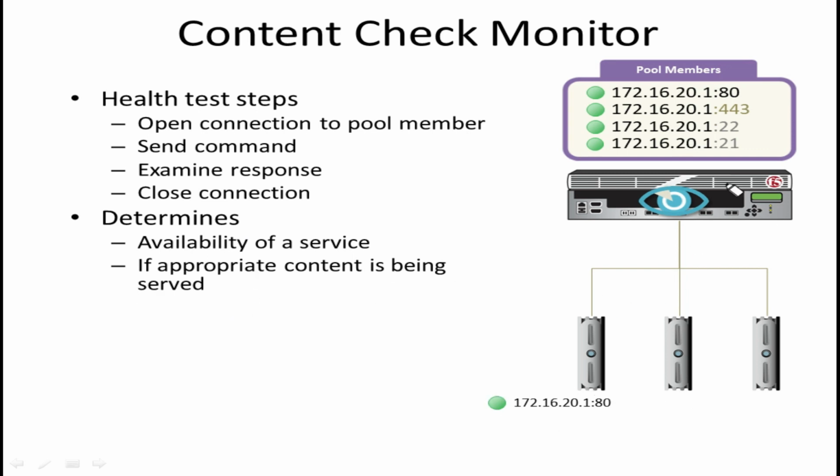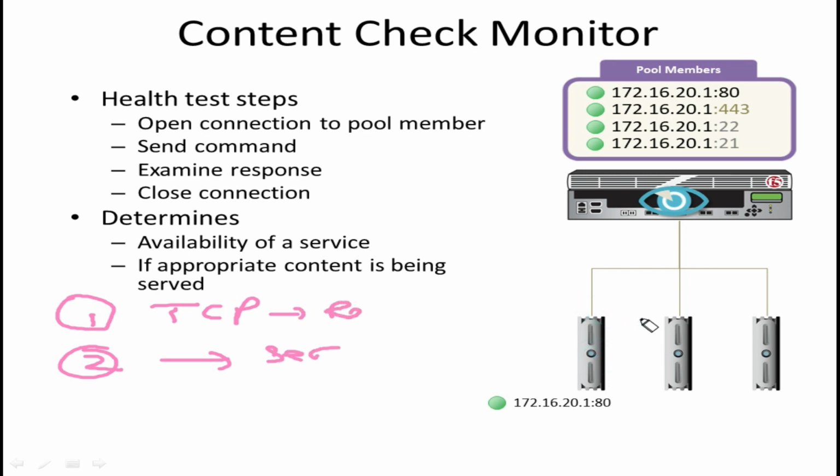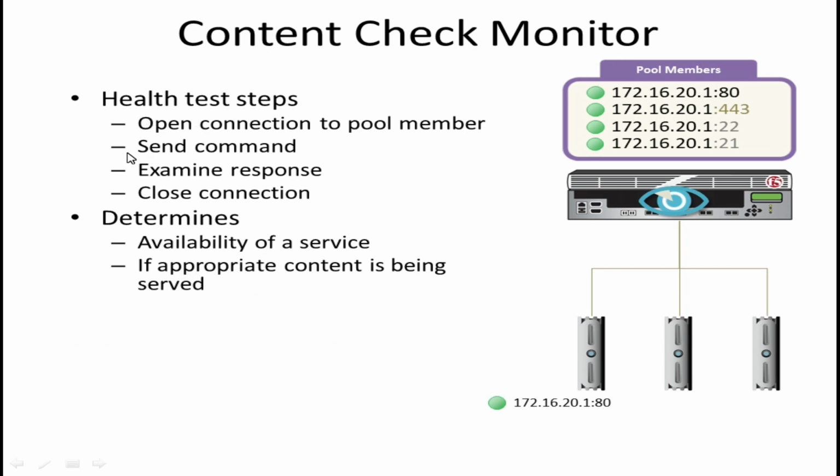The first point is the local traffic manager opens a TCP connection with that node, or with that server we can say. Second, the server will send a response. It will ask for the request and the server will send the response. Third, our BIG-IP will compare whether everything is fine as per the response, as per the monitored service rule. If it is okay, then it will say this device can be used and it is up for serving the people, otherwise it will mark it as down.